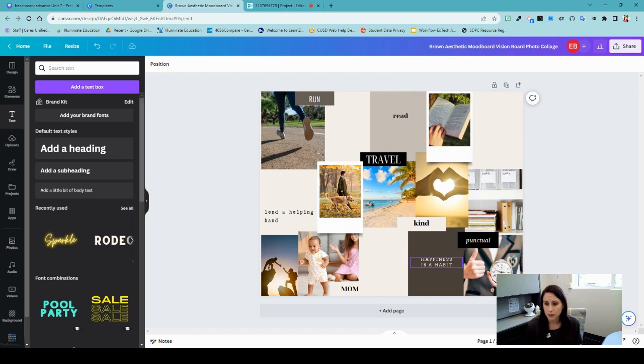extra text box down here, and this might be where you want to add an inspirational quote for the school year. So you can add quotes or anything else you would like other than just words as well. So I added a little inspirational quote there, but I did forget to add my organizational tag or